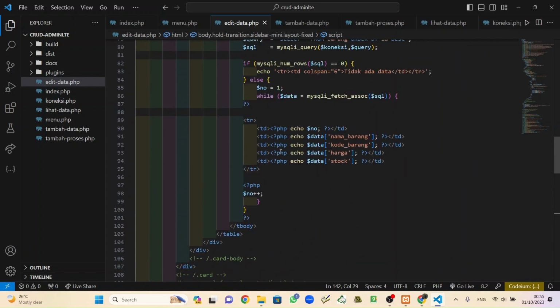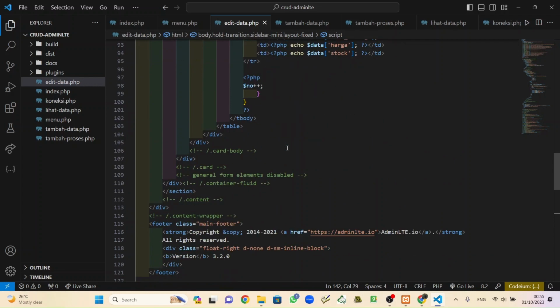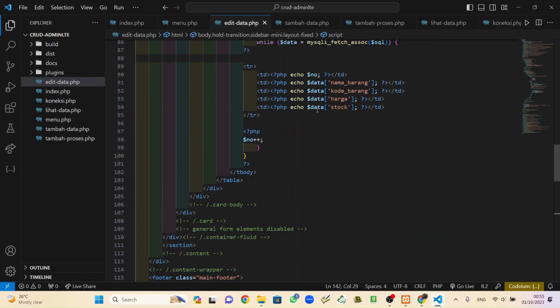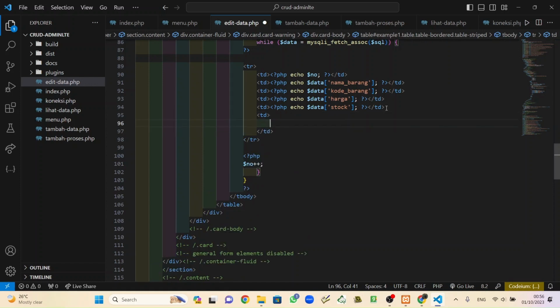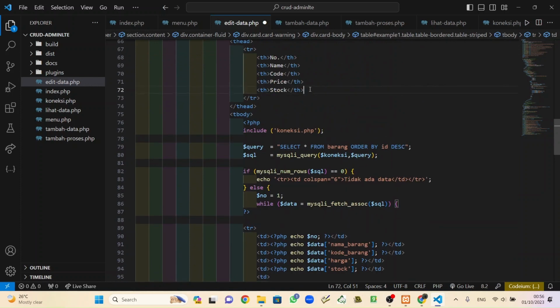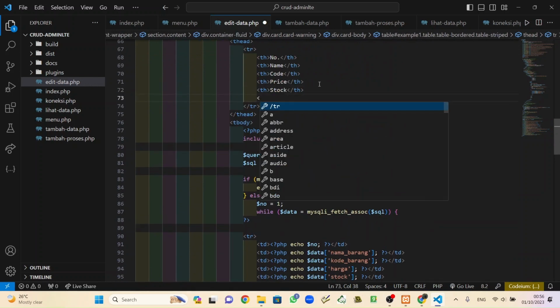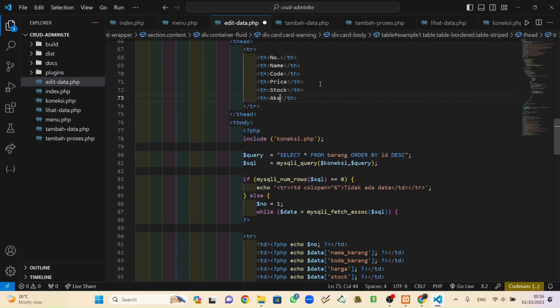And then we move again, to here, td, no, but inside here are two things, and don't forget to put also at the top, aksi.